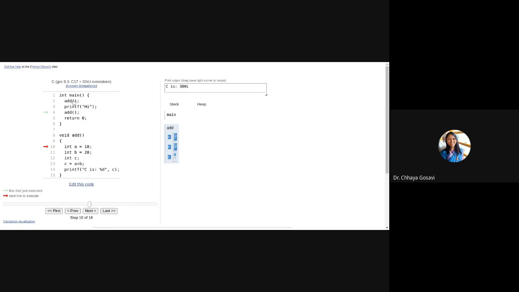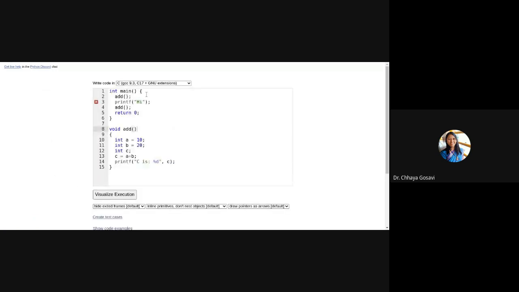Suppose here in main, which value of A will it print after the first add? A is 30 or 100? Here the value of A is 100.